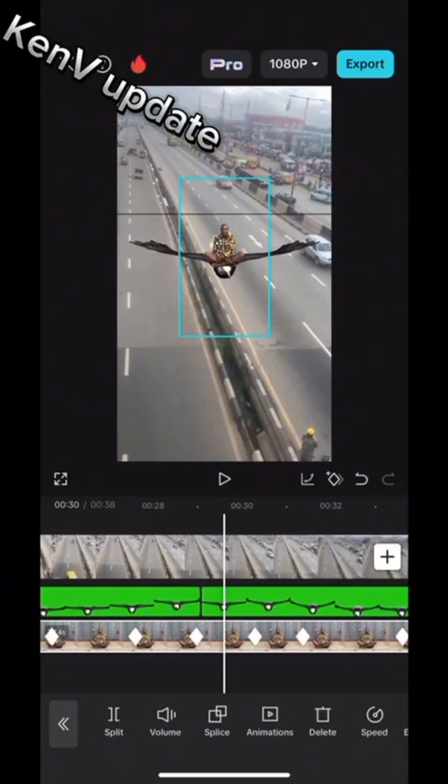If you try exporting this video now, you cannot be able to export it. The reason being that you use